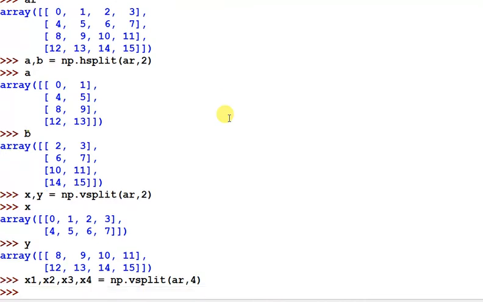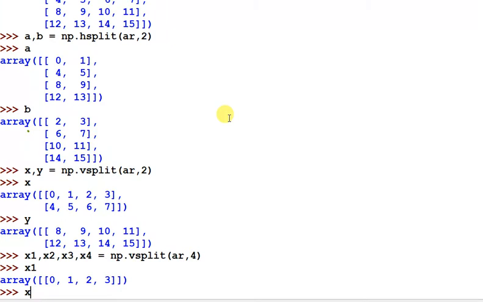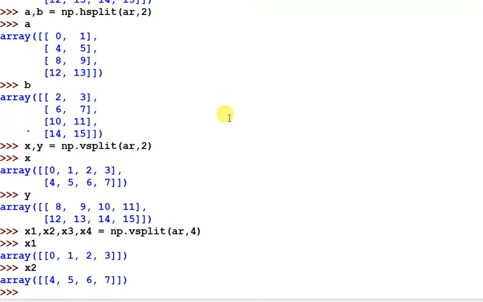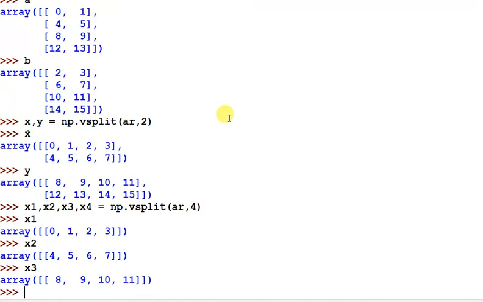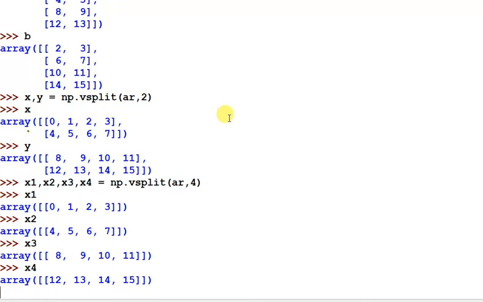You can check here, the first row is assigned into x1, x2 the second row, x3 the third row, and x4 the fourth row. So the array AR is equally divided into 4 parts, and all the parts are assigned into different variables. So in this way you can split the array.